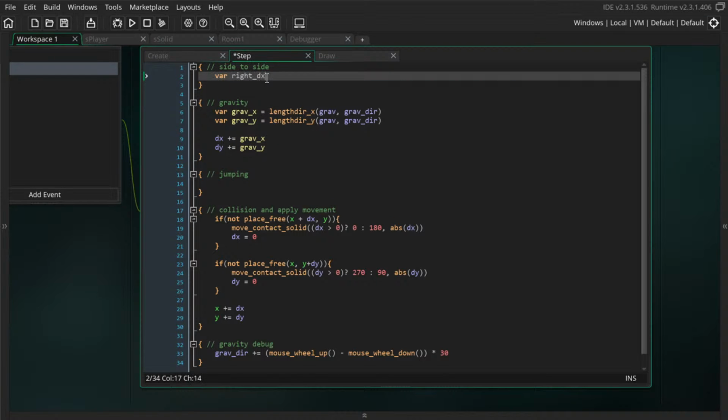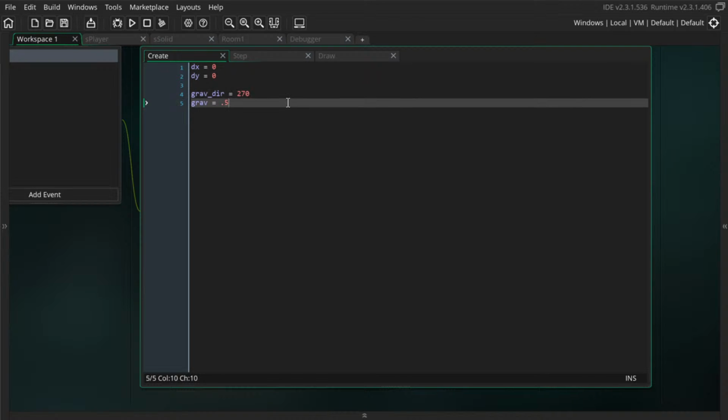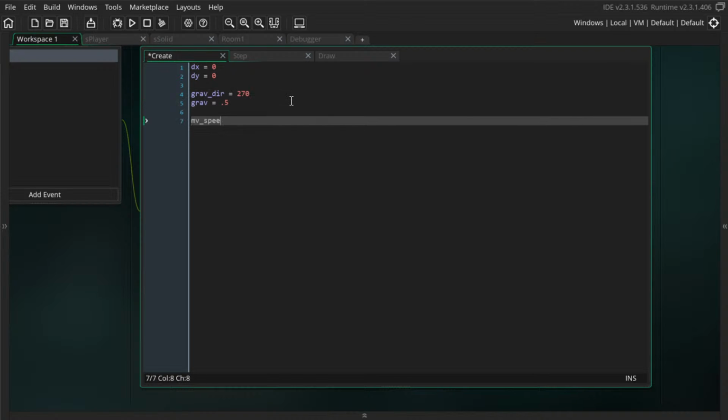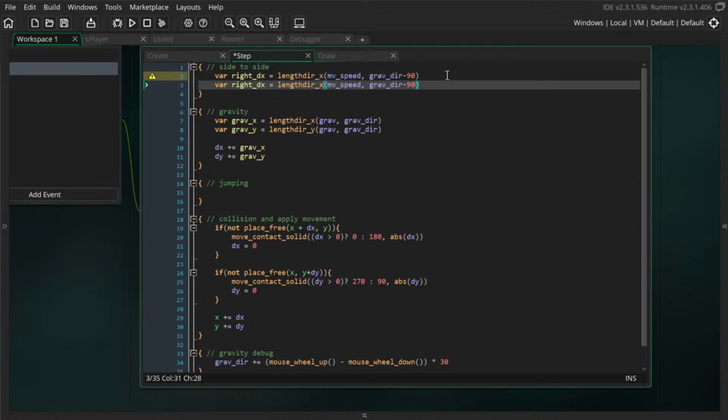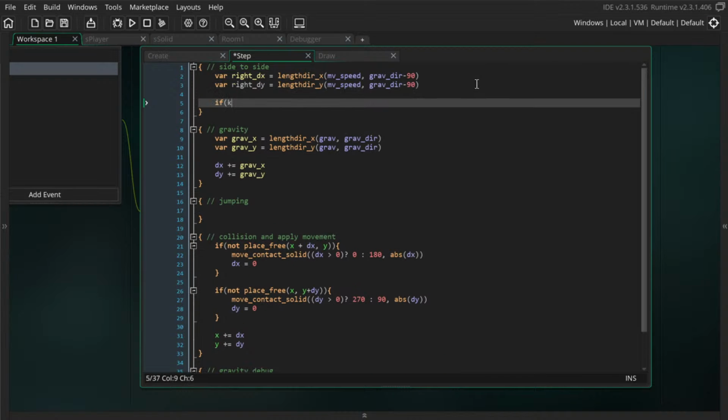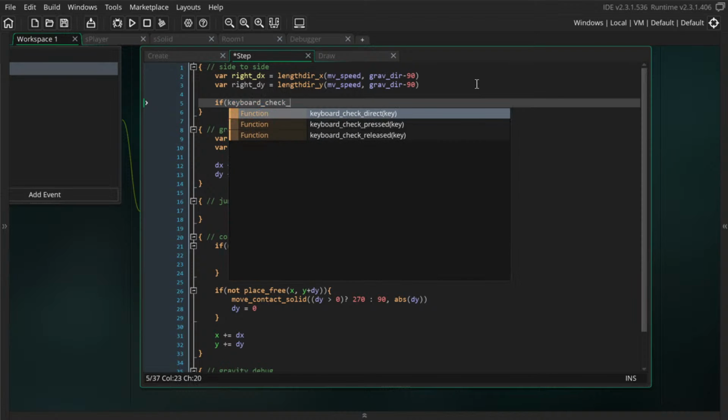So I'm gonna create a variable for the dx if we're moving right. So I'm gonna say right is equal to the grav direction minus 90, and I'm gonna say move speed equals 4. Okay. And then the right dy is going to be equal to the same thing, but with a y there. Excellent. Okay. So if keyboard check pressed,